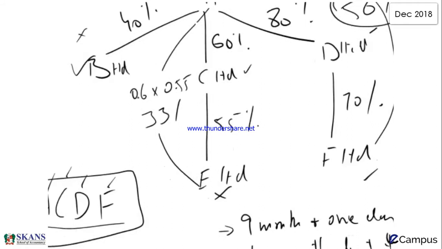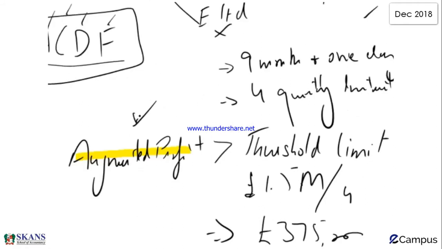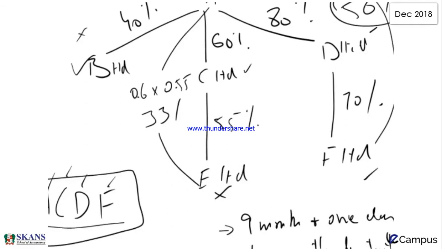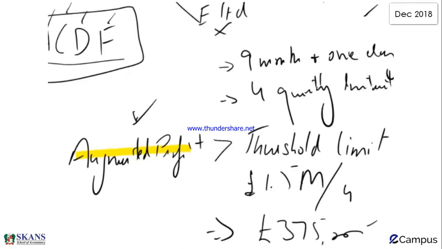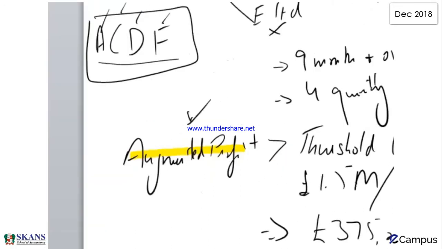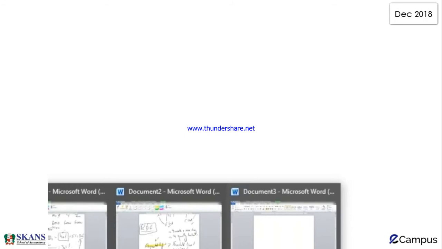Well, that would be augmented profit. You have to compare that with the threshold limit, which in this case would be divided by 4, and that will be 375. So if A Limited would be earning augmented profits of more than 370,000, they would have to pay tax in 4 quarterly installments. And when I say 4 quarterly installments, well, you would know that if a company would have to pay tax in 4 quarterly installments,